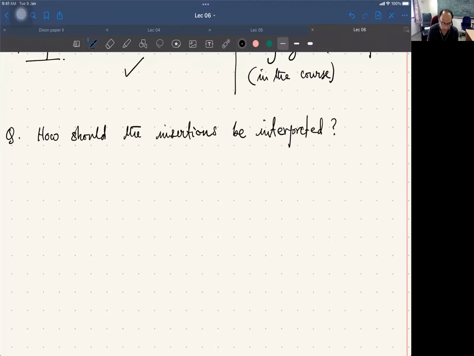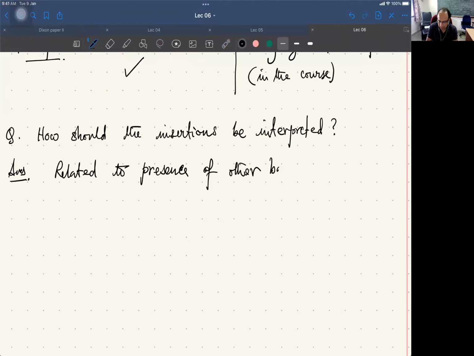That is the question, and the answer is that insertions are related to presence of other backgrounds, background fields,